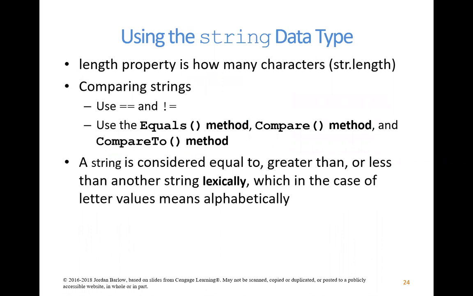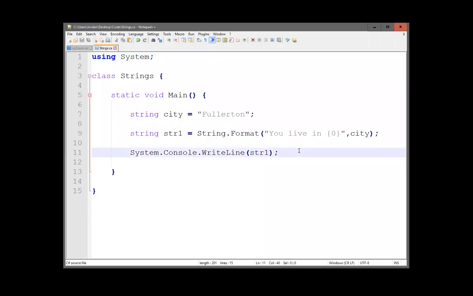So the length property tells you how many characters are in a string. The way that you use it is you type the variable name, the string variable that you've created, and then you put dot length. So let me show you an example. All right, here in our strings code, just down at the bottom,